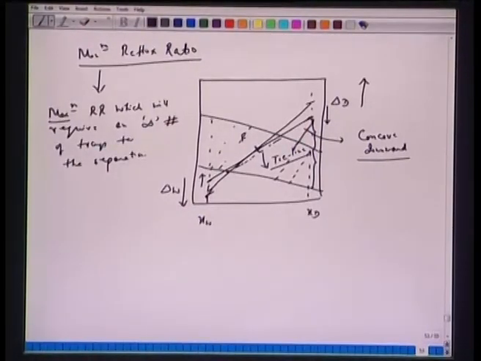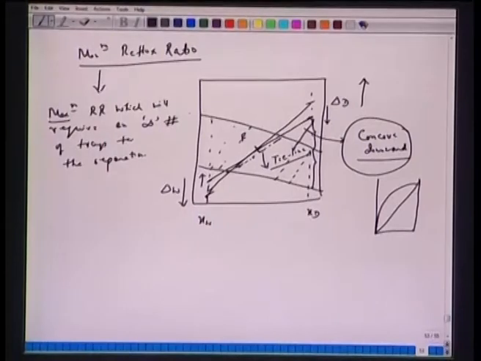So, it is not necessary that the tie line has to pass through this F, but as we said, when the equilibrium curve is concave downward passing through this 45 degree, if the curve is like this, then most likely the operating line which passes through this F coincides with this tie line which passes through this F. In that case, this will give us minimum reflux ratios.